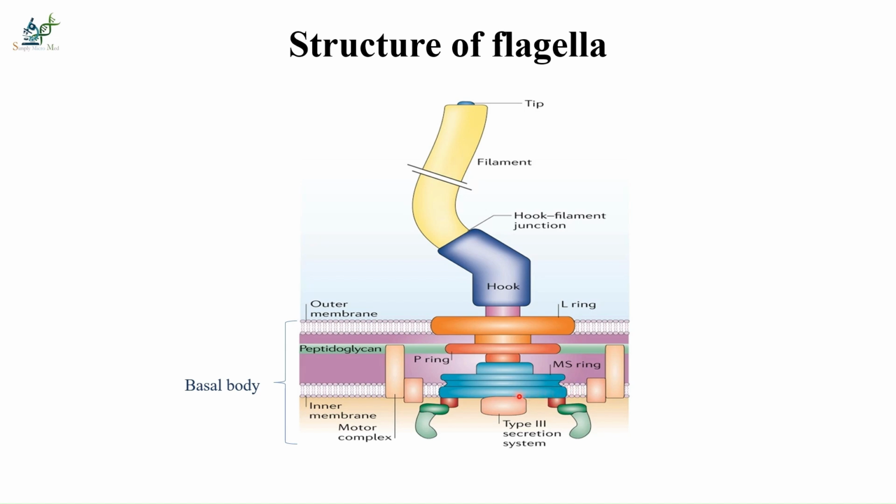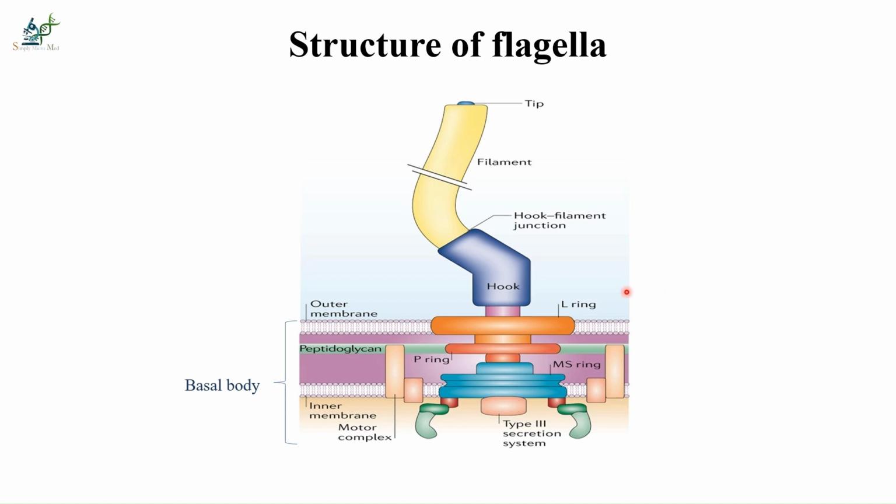The M ring is seen in the cell membrane, and just above the cell membrane we can see the S ring. All four rings are present in gram-negative bacteria, and only the S and M rings are present in gram-positive bacteria,